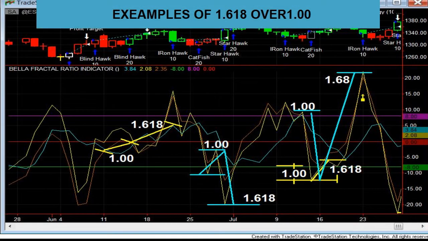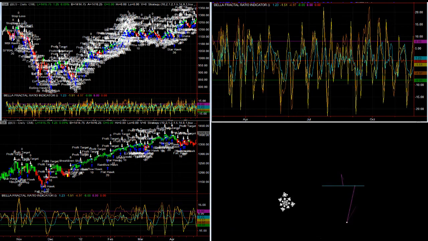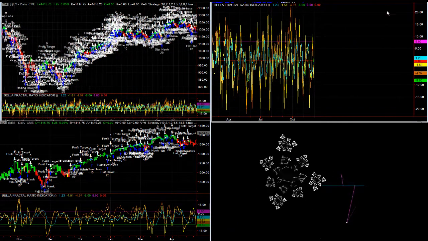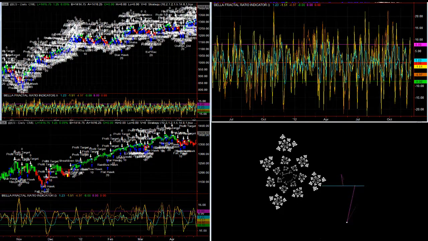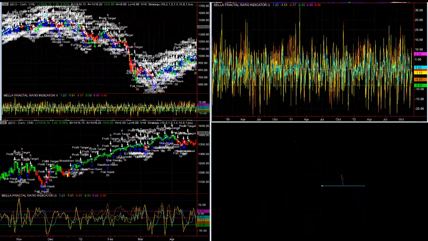Here's the Bellow fractal ratio indicator. While I can't give you the formula that generates it, I can show you the fractal relationship of 1.618 to 1, and how it compares to my line generator, converting these signals to a strategy that buys and sells stocks based on fractals. The left side of the screen shows 10 years' worth of trades using my fractal generator. We can create a performance report that will show my hypothesis is correct.